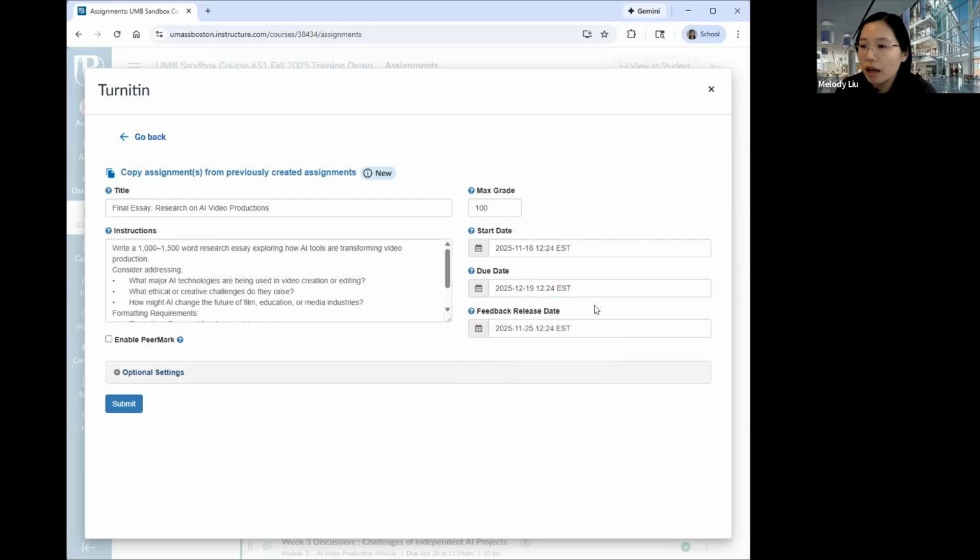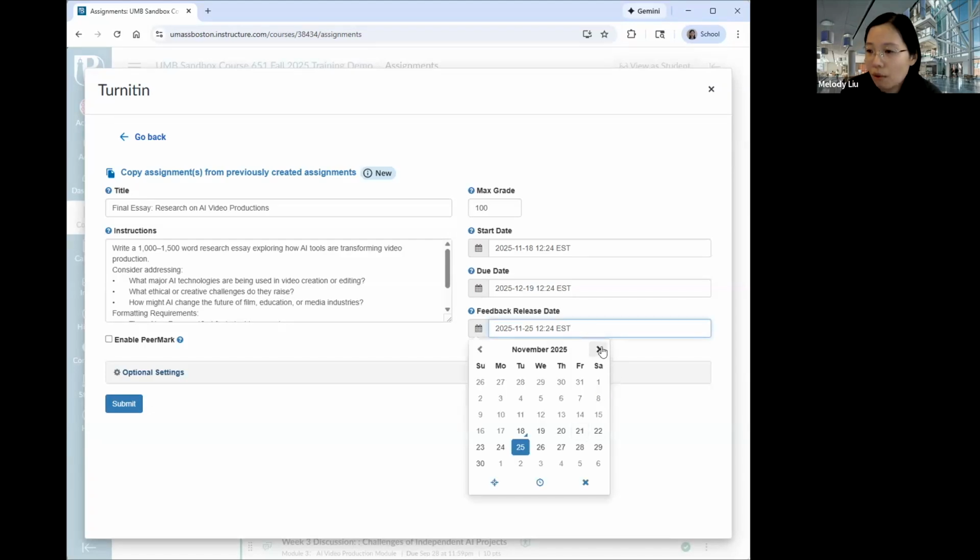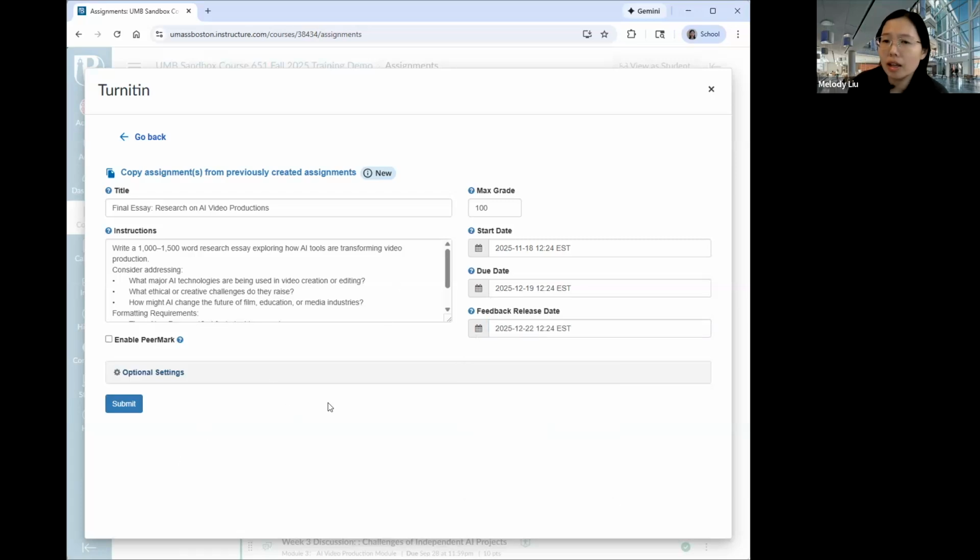And I will set up the maximum grade as 100, and the due date can be December 19th. Okay. And remember the feedback release days, you probably need to adjust it after the due date. So I want to give 2 extra days for me to grade them, and they will receive my feedback on this day. Yeah. And a lot of instructors finish those boxes and they feel like they are done, and they click on submit, which is